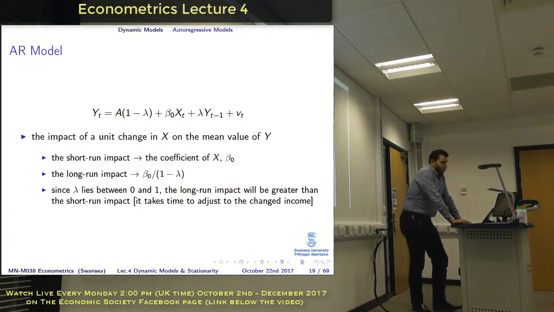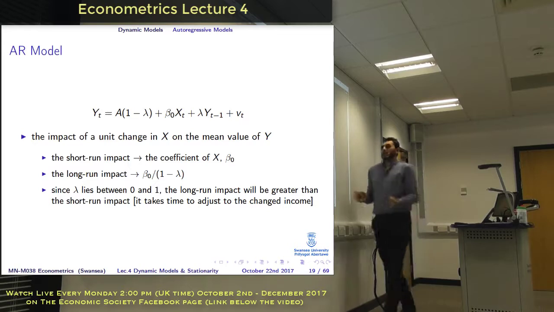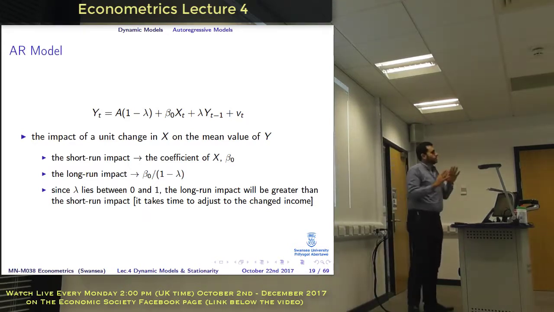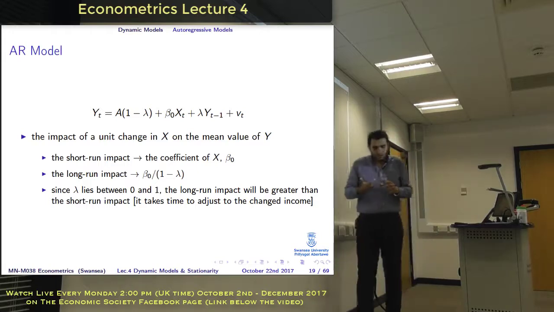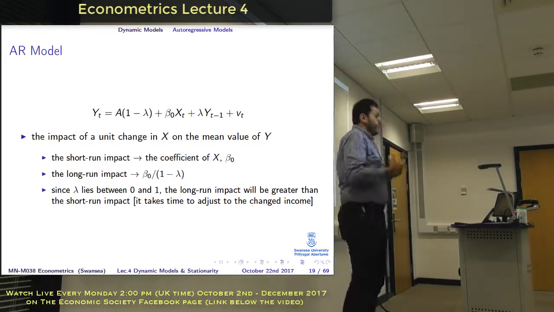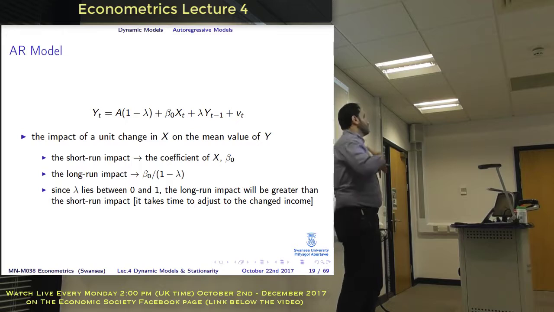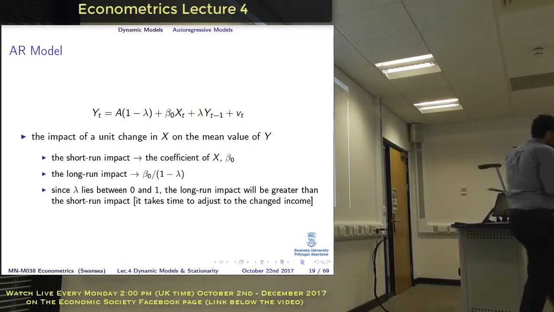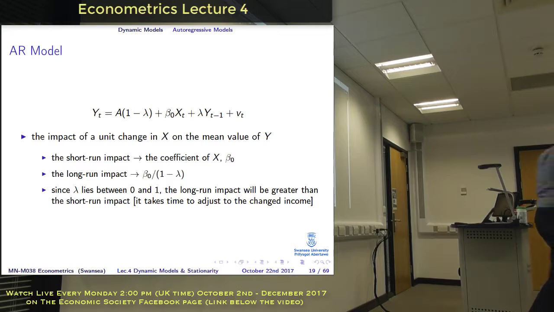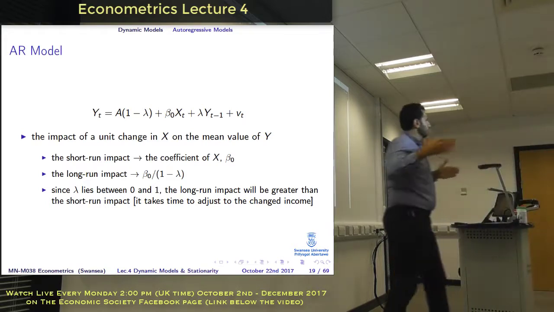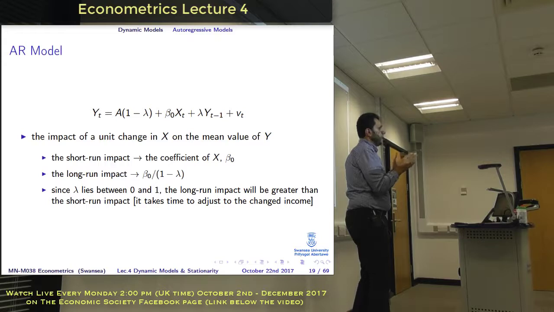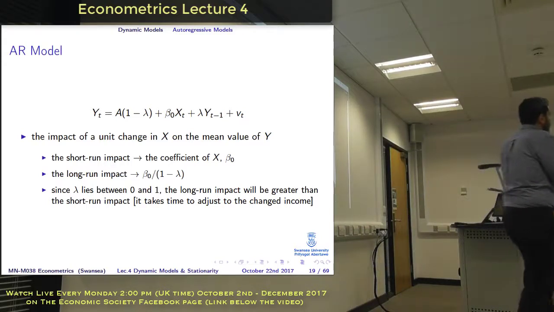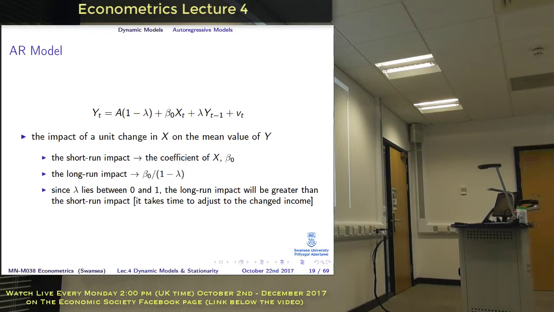Okay, so we still didn't answer the main question. How are we gonna estimate this? So remember what we did: we started with the observation that economic theory, in many cases, is expressed in a static form. So we're looking at the point of equilibrium, but this is a process rather than just a point. So if you don't account for this process,